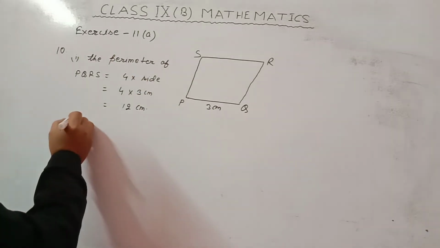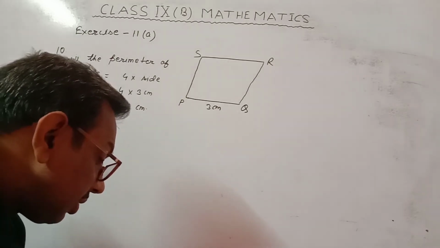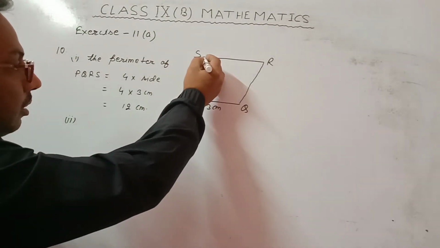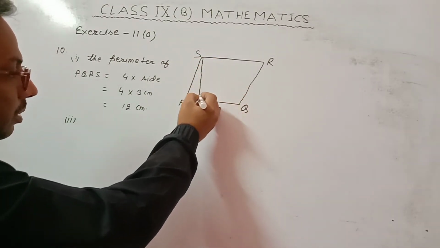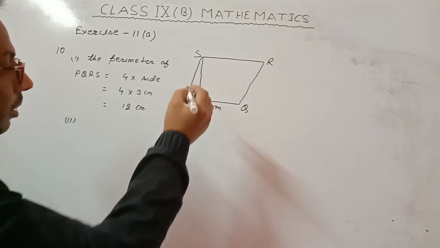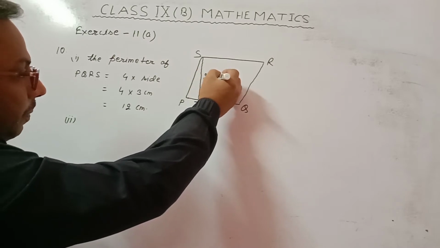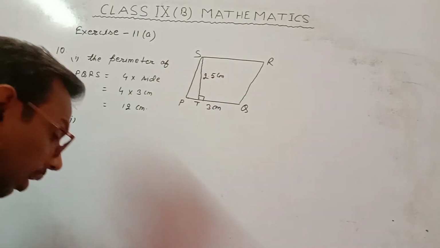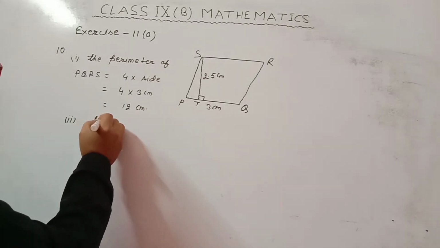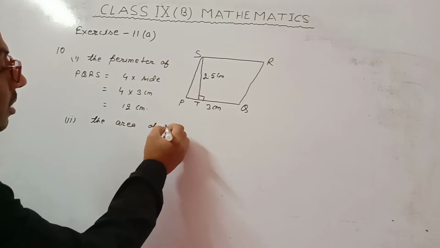Roman number 2. If the height of the rhombus is 2.5 cm, this is the height of rhombus, ST. This is perpendicular to PQ. This height is given 2.5 cm. We are asked to calculate the area of rhombus. The area of rhombus